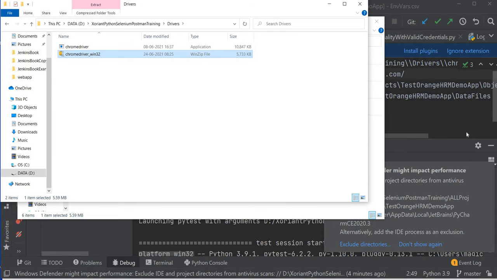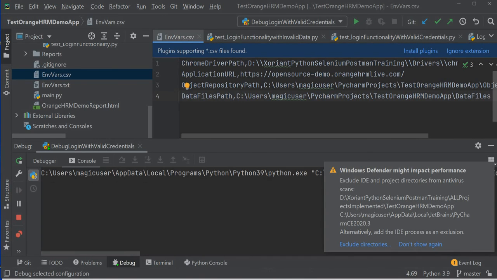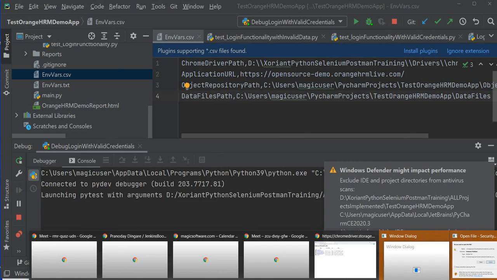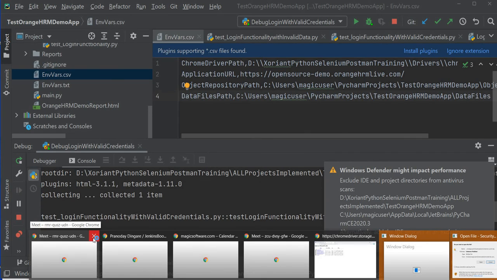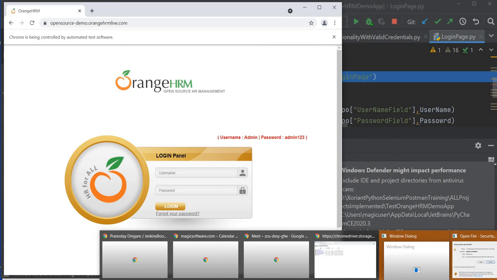Now we have got our driver here. This is the new driver we have got, which is compatible with our browser version. See, now it is opening up a browser properly. Previously it was just flashing the browser, right?